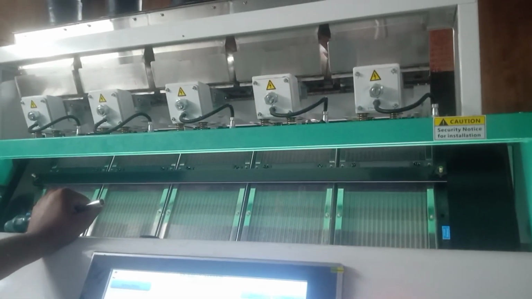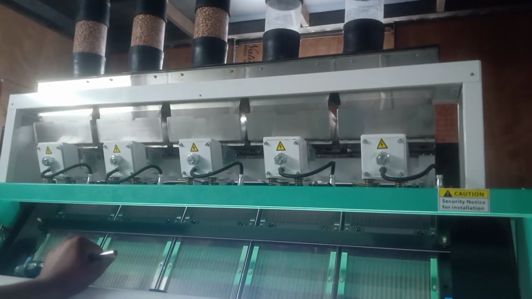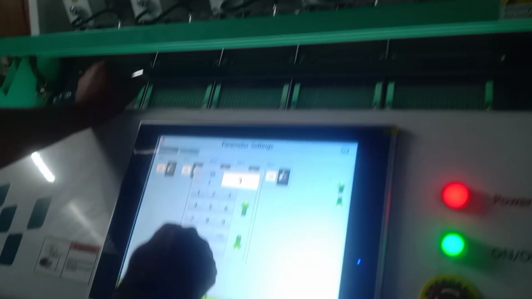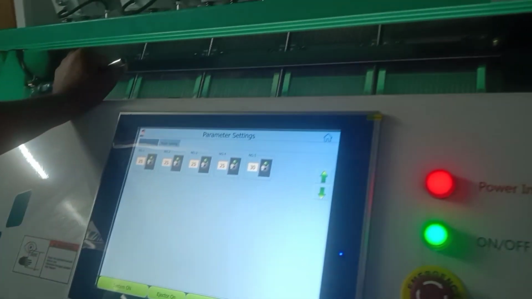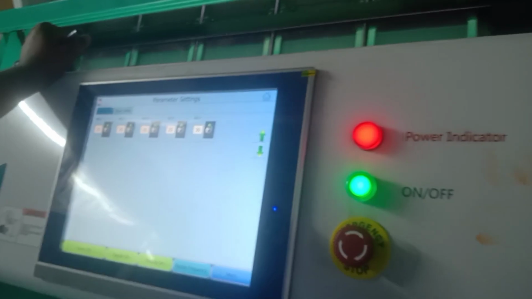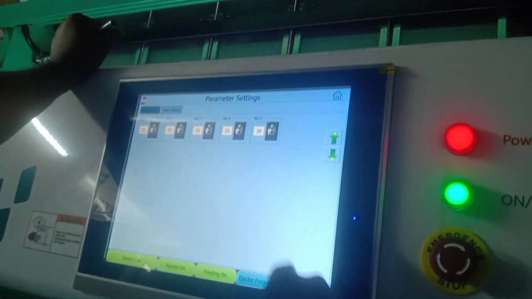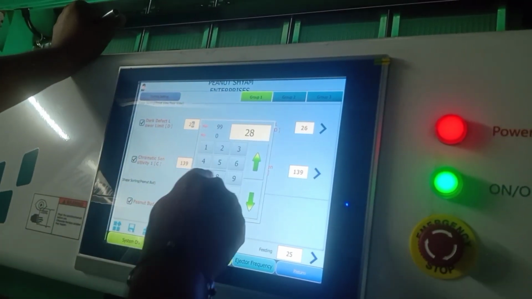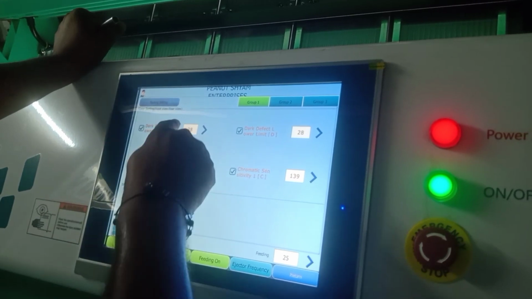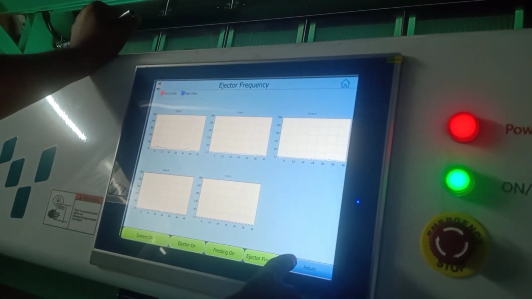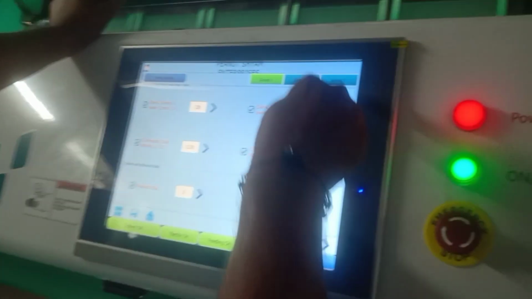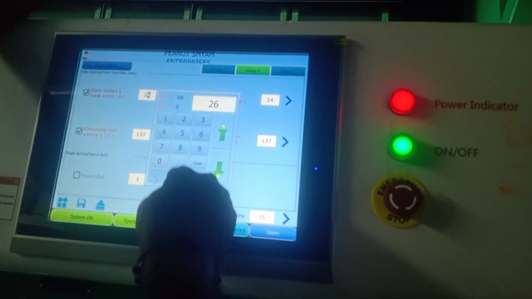Size range. It determines which size products the machine is to pick and which size products to skip. Shape range. It determines which shape products the machine is to pick and which shape products to skip. Defect recognition. It determines which type of defects the machine is to recognize and which defective products to separate.